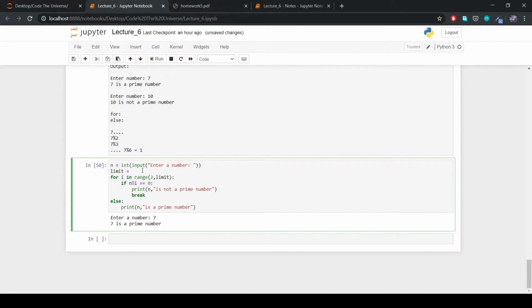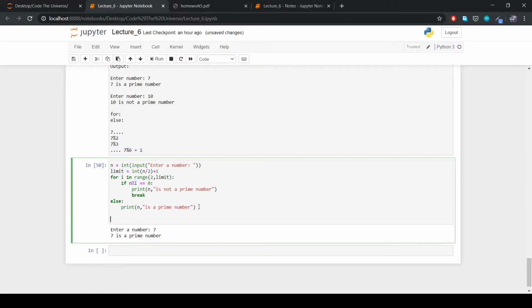So what this does is we just check till num by 2. But there's an issue with it. Num by 2, if the number happens to be 7, n by 2 would give you 3.5, which is a fraction, and we don't want a fraction. So all you have to do is convert it to an integer here, and it's better to add +1,